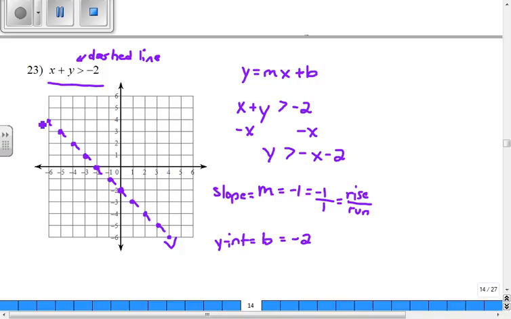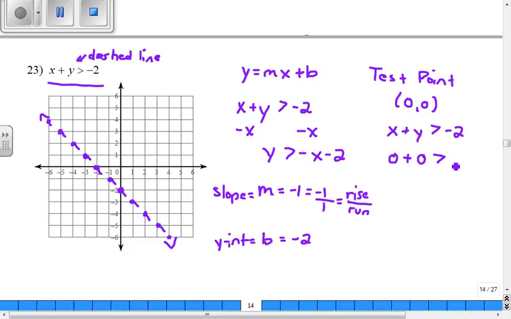And since this is an inequality, I have to test a point to see which side to shade. Well, it doesn't pass through 0, 0, so I'm going to use 0, 0 as my test point, since that's the easiest thing to use. So I always go back to the original equation or inequality. So I've got x plus y is greater than negative 2. Well, if x is 0 and y is 0,